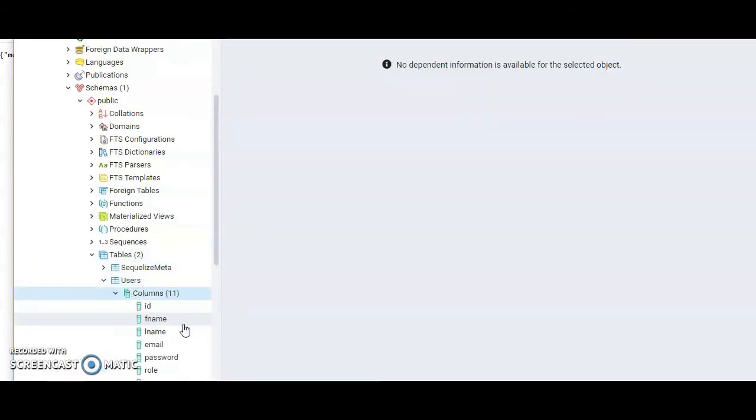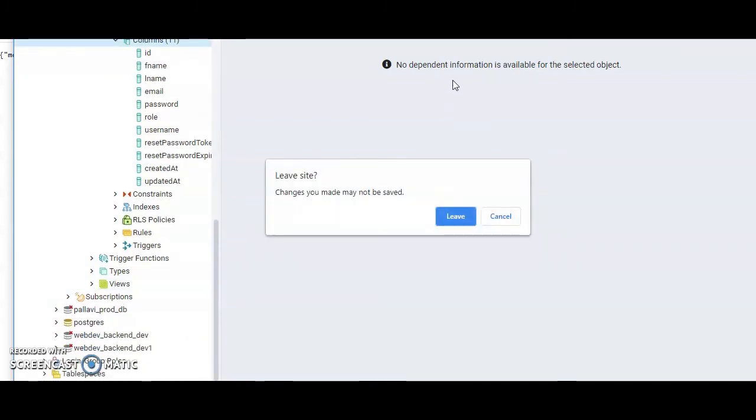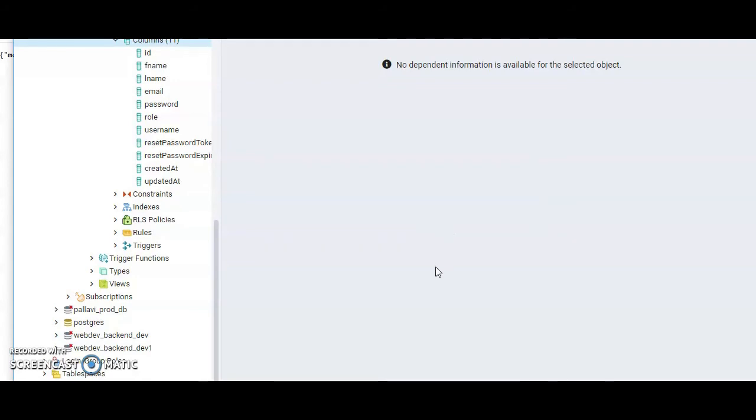So this is a little sneak peek of the development server. You have to work on the development server initially, so it's a better choice to use this client service for development mode.